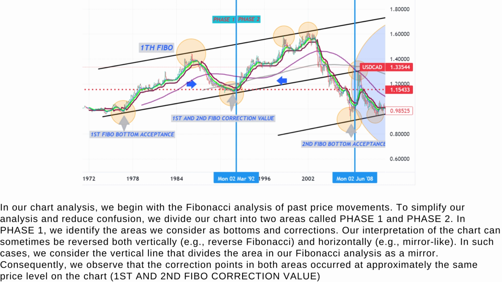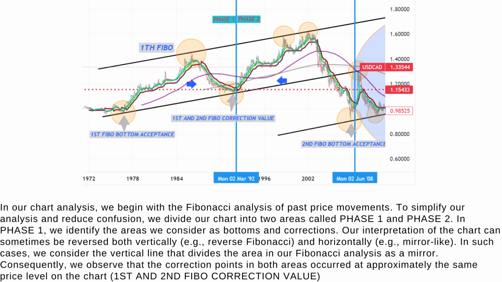To simplify our analysis and reduce confusion, we divide our chart into two areas called Phase 1 and Phase 2. In Phase 1, we identify the areas we consider as bottoms and corrections. Our interpretation of the chart can sometimes be reversed both vertically, for example, reverse Fibonacci, and horizontally, for example, mirror-like. In such cases, we consider the vertical line that divides the area in our Fibonacci analysis as a mirror. Consequently, we observe that the correction points in both areas occurred at approximately the same price level on the chart,